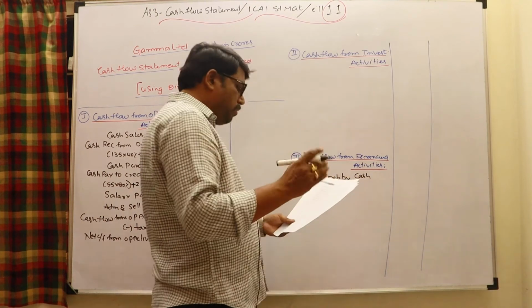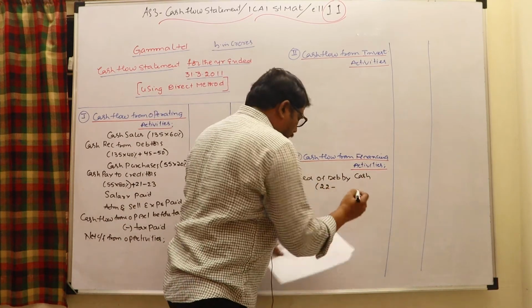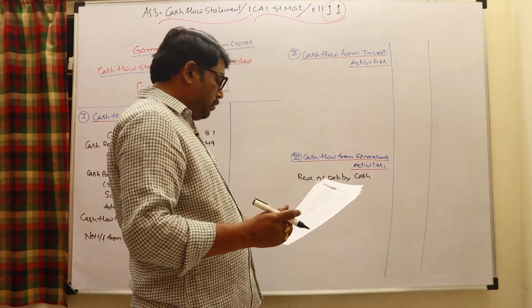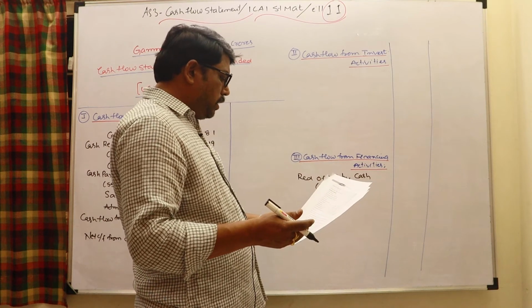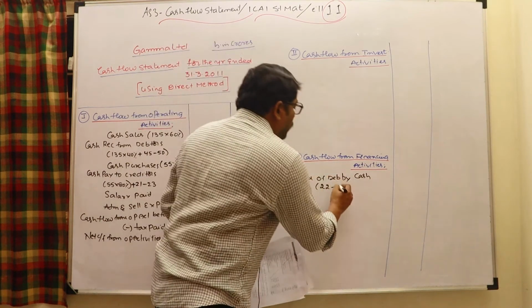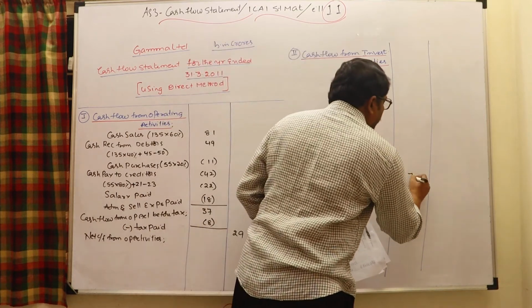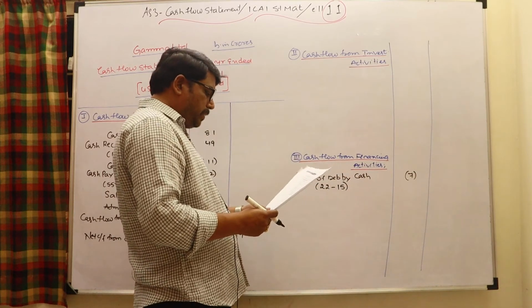They want to redeem 20 plus a 10% premium, that is 22. Out of that, 15 crores were paid to debenture holders by issuing equity shares towards redemption, and the balance was paid. Obviously the remaining 7 is paid by cash. So 7 crores redeemed by the payment of cash for debentures.